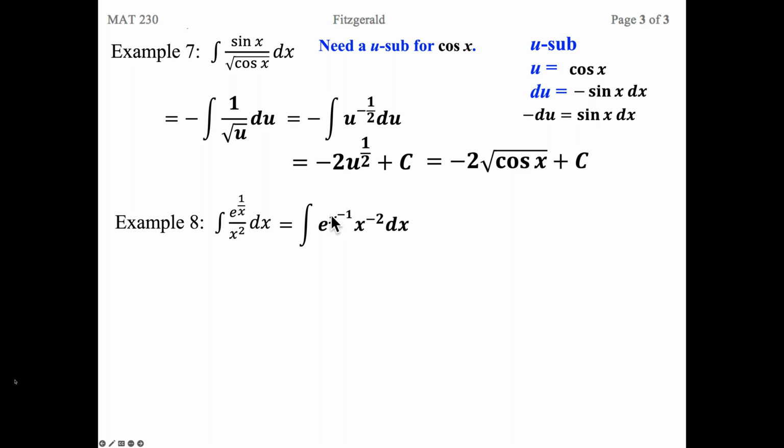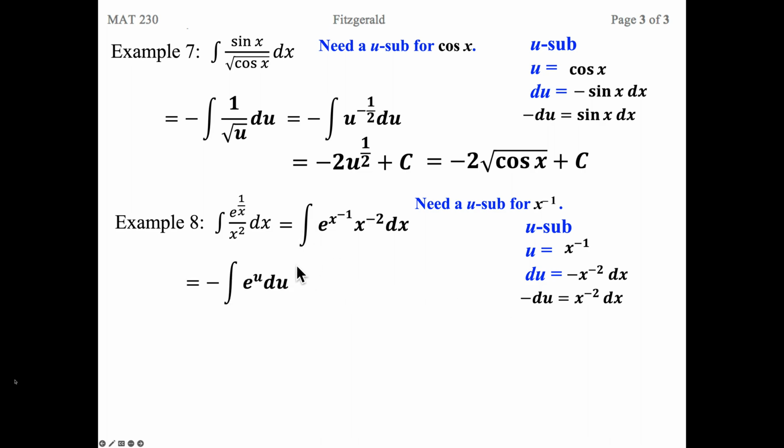X to the negative 1. What's its derivative? It would be x to the negative 2. That's a u sub. We'll let x to the negative 1 be the u. Take its derivative, subtract 1, and then it'd be negative 2, or excuse me, take the negative 1, multiply it to the front, divide over the negative 1, and here's my x to the negative 2 dx. So my negative, I'll put that in front, and I'll have the negative integral e to the u du,